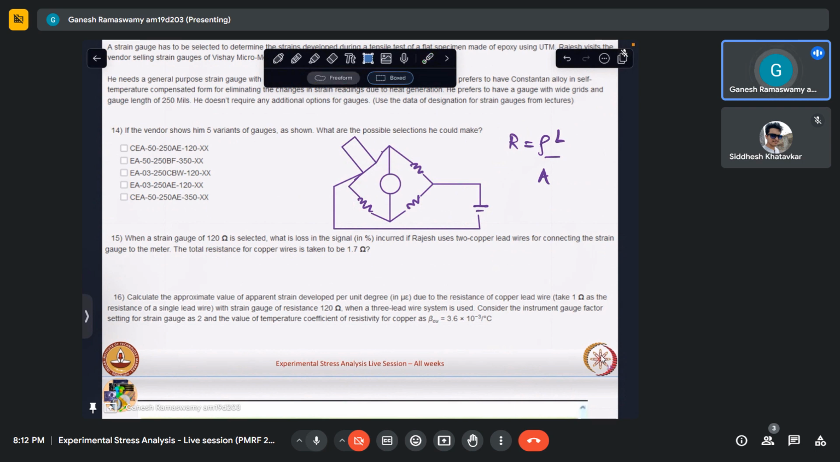Just by this simple tweak from two-wire to three-wire, we can see that the sensitivity of the strain gauge increases in a significant manner. So in such a case, what the question asks is, what is the percentage loss in the signal? Percentage loss in the signal is given by the resistance of the lead wire